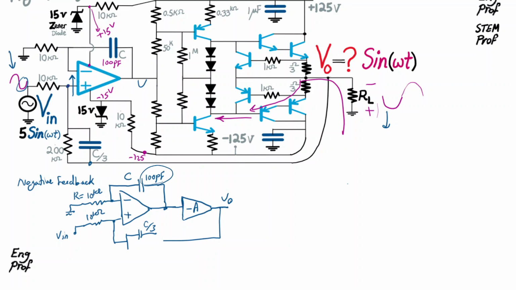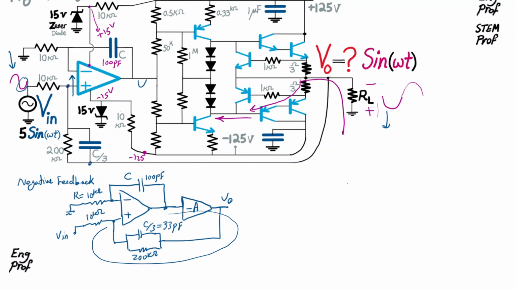So let's say if it is 100 picofarad here, this one is about 33 picofarad, for instance, and we have the 200 kilo ohm resistor, which can be a potentiometer, by the way. If we want to adjust the gain in this circuit, we can make this 200K a potentiometer, but let's consider it as a 200K. So now this is a circuit we can easily analyze, because as we talked about it,